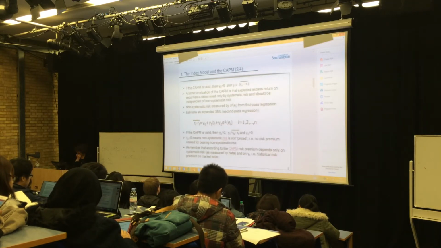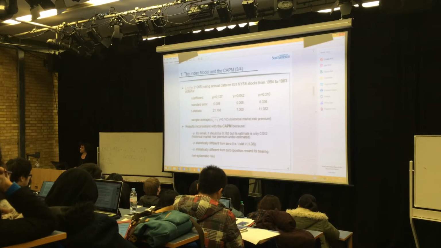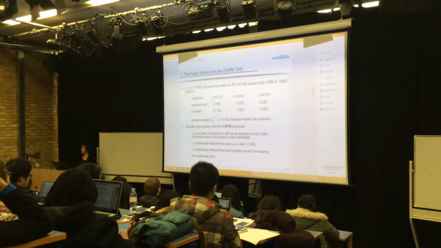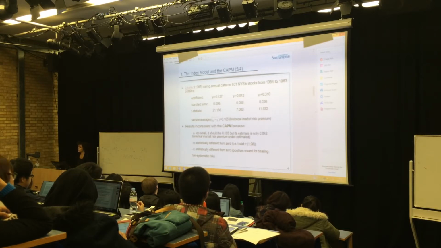So I ran my regression, and this is, for example, what Lintner did in 1965. He followed this procedure: he estimated beta, he estimated alpha, he estimated the variance of the specific component of risk. He substituted this information in a separate regression and reran the analysis. So if you check this coefficient here,